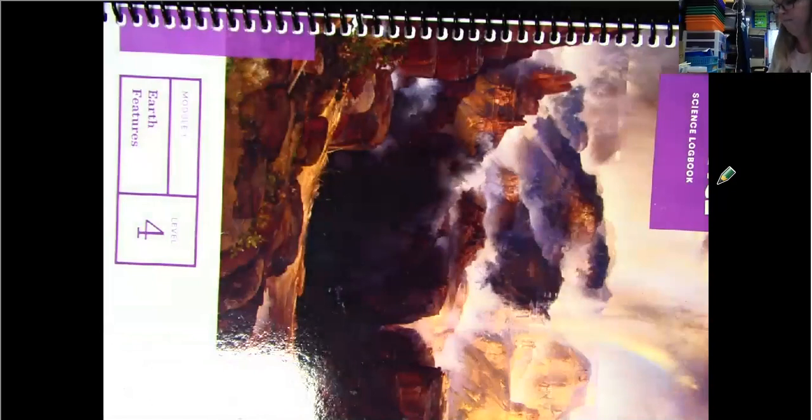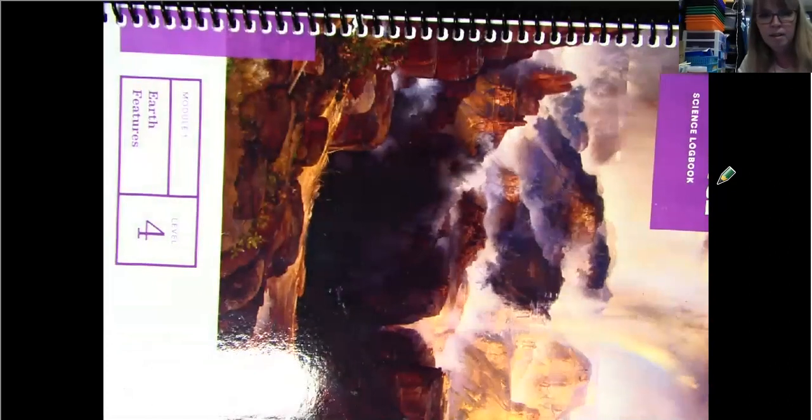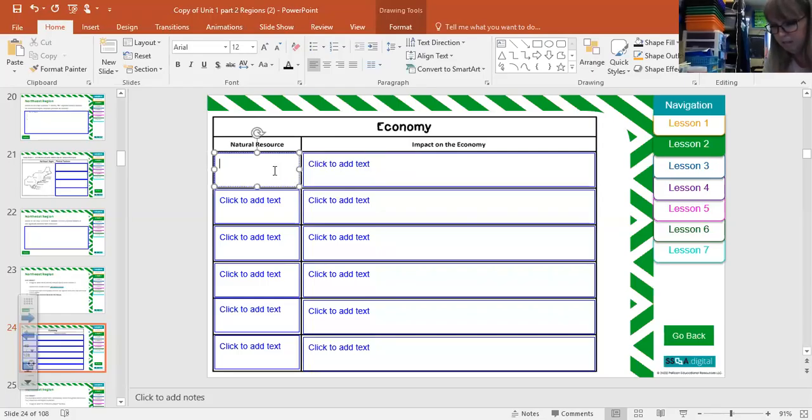Okay, so we have that part done. Now, stop this share and let's go to PowerPoint. Let's go in here, share screen, copy, share. Okay, so our natural resources for the Northeast